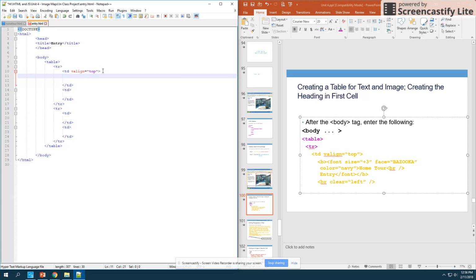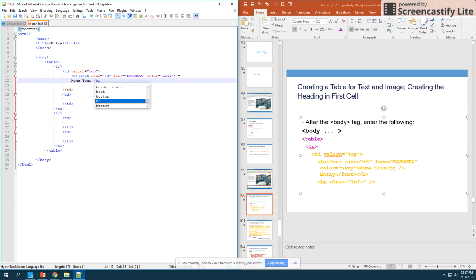Then inside of here, we're going to have some bolded font, and I'm going to use my font tag. So I have size equals +3 relative to what's around it, a face equal to Bazooka, color equal to navy. And then inside of there, it's going to say Home Tour,